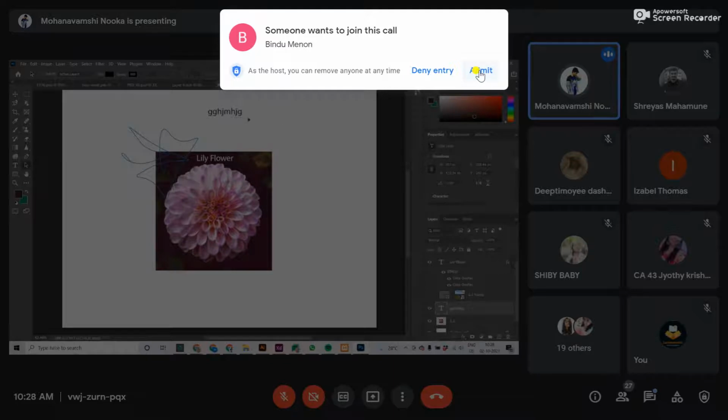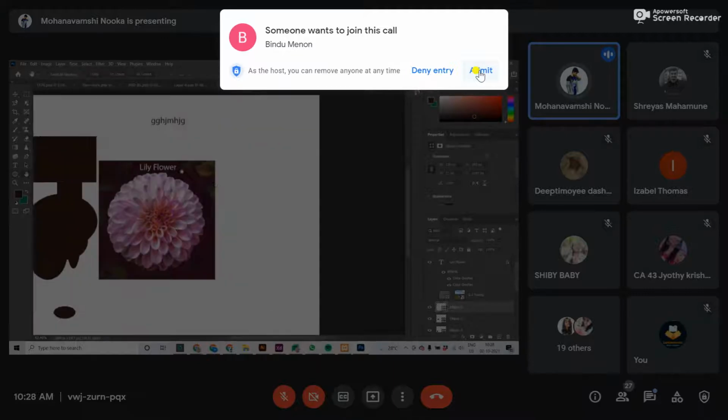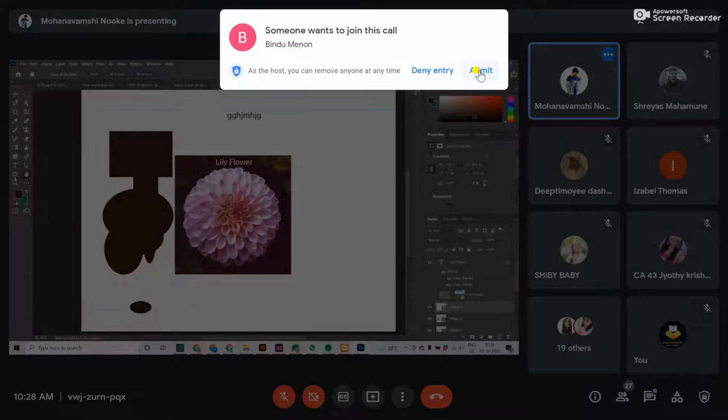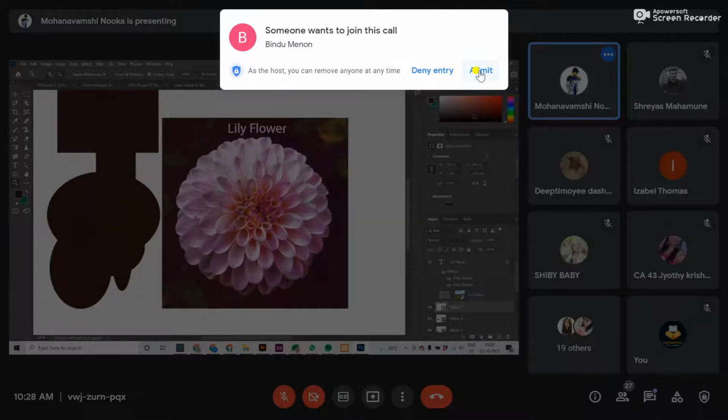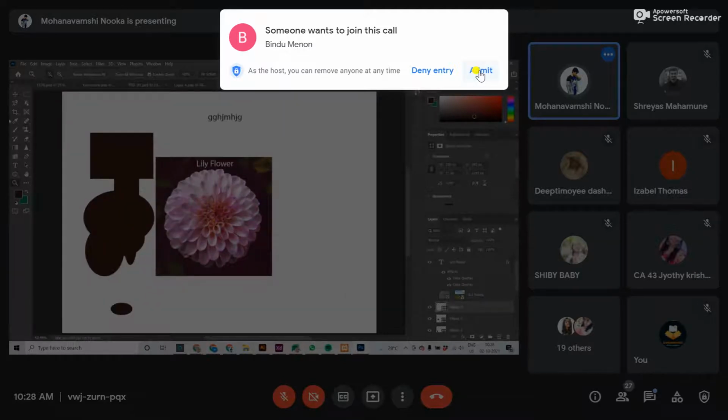And this is the path selection tool, to select and to move. This is the rectangular and square box tool. You can change the shape of the box by clicking the arrow. And this is the hand tool to move the complete artboard. You can also use space and right click to move the artboard. And this is the magnifying glass to zoom, and also alt scroll up and scroll down. Control 0 to move to the artboard. So let me show how to add several pictures and how to make a postcard.